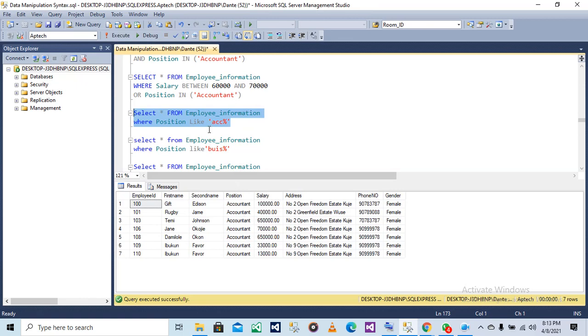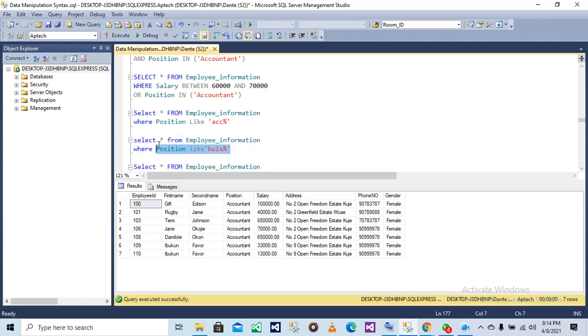So you can see we have all the accountants. It's used to search the table for a particular type of word. Like let's say you want to look for something that begins with PR, the specific kind of words you are looking for. That's when you use this alongside the percentage sign.